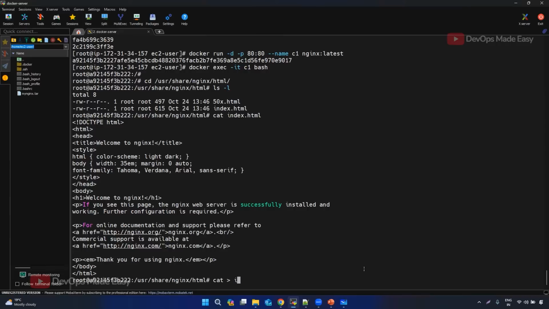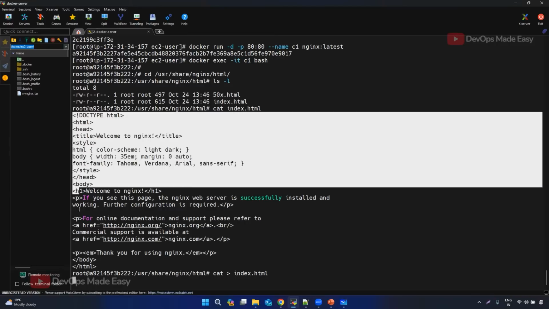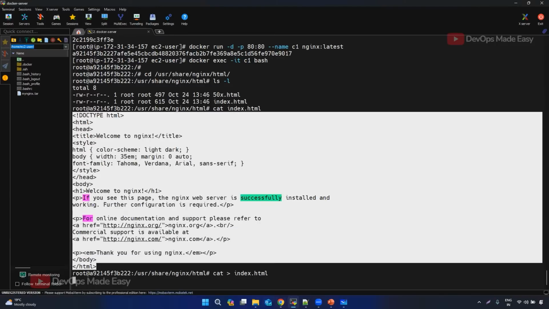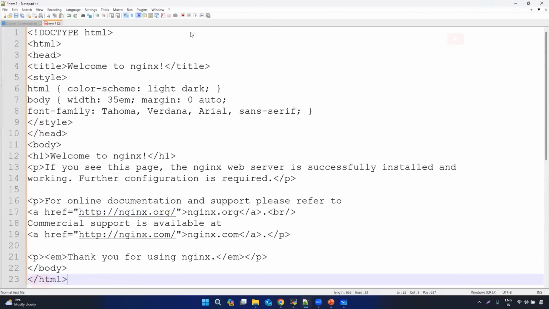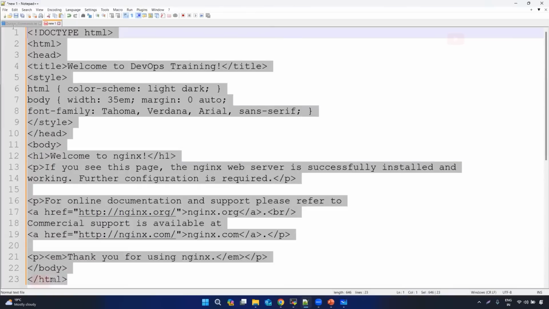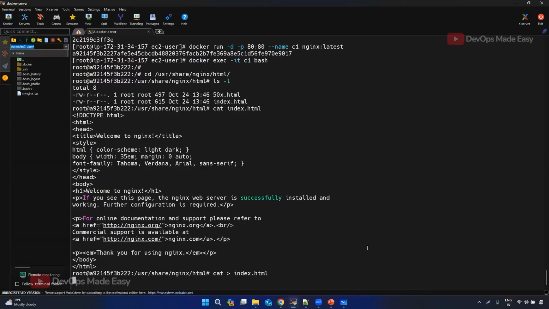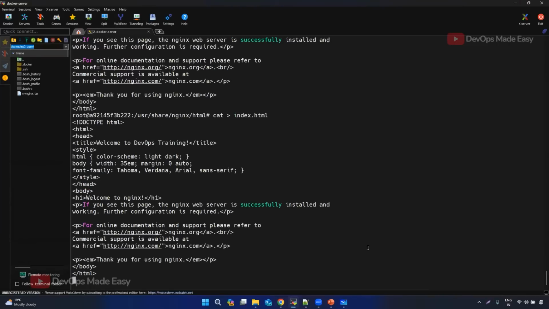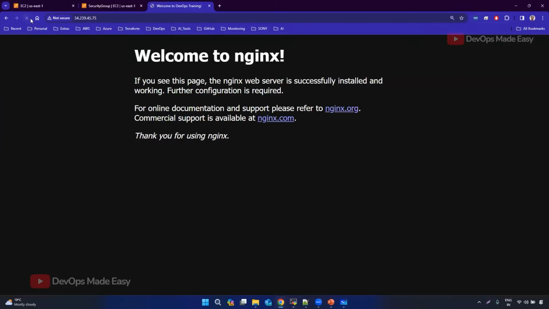Let me write a custom content. Let me just copy it and change it. Let's say welcome to DevOps training, something like this. I just want to copy this entire content back. I'm just changing the contents of that file index.html. Okay, I changed it. Now if I try to refresh this page,